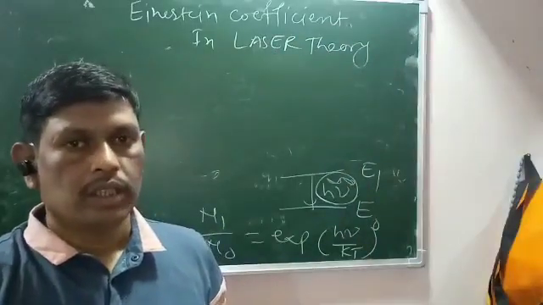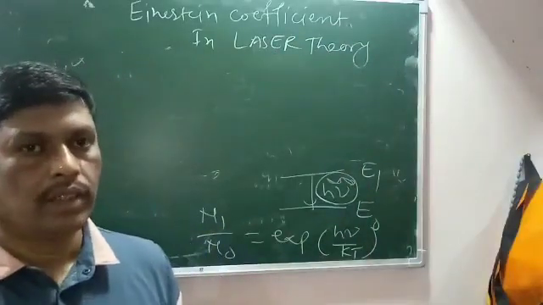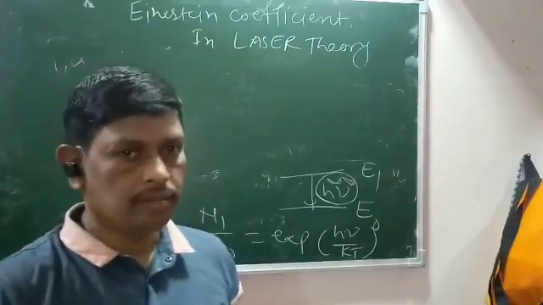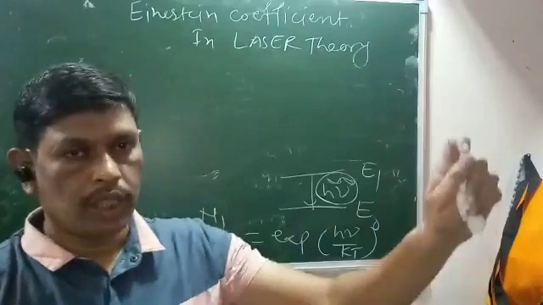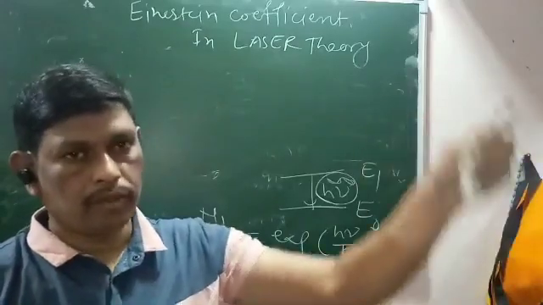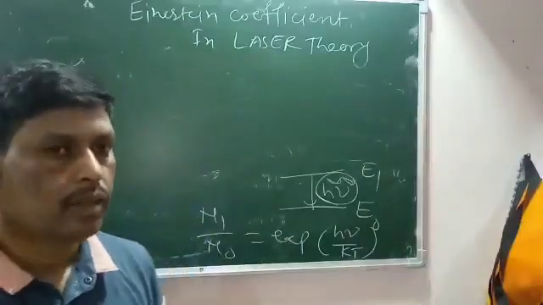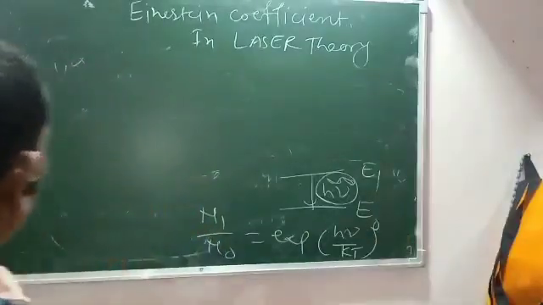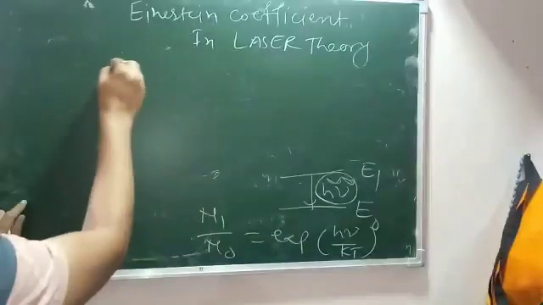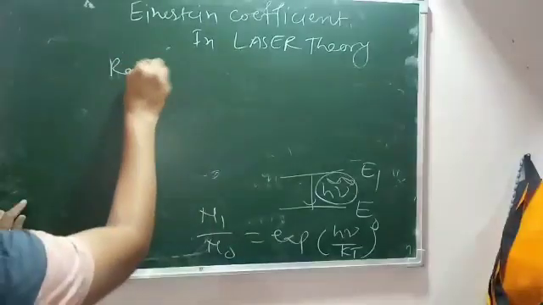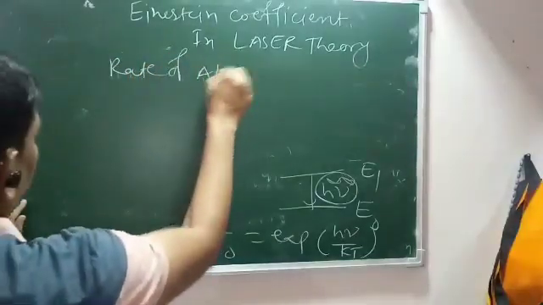So all these three processes occur simultaneously. One particle goes upward, at that time another particle goes downward. So the process is simultaneous. Therefore we can write the rate of absorption,